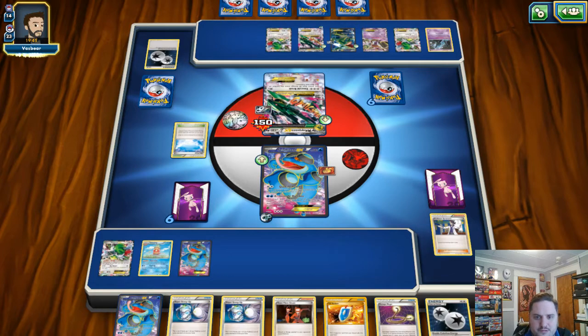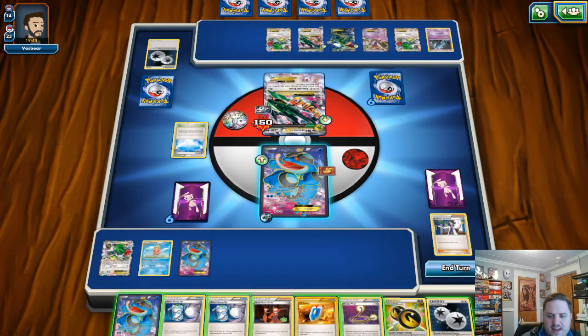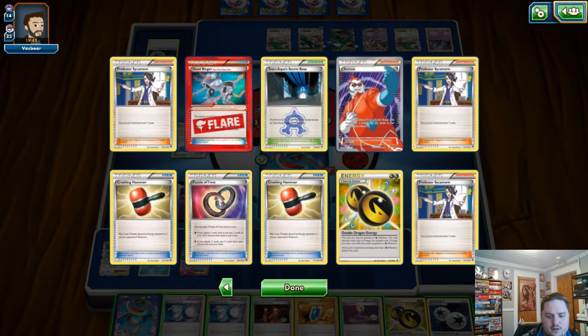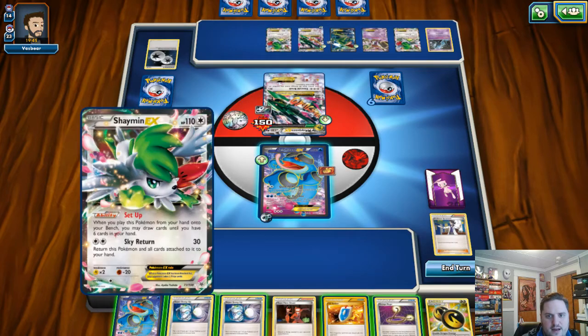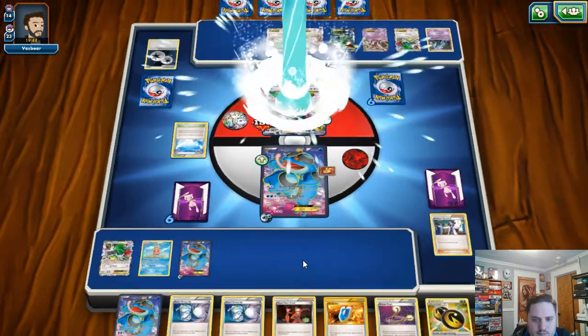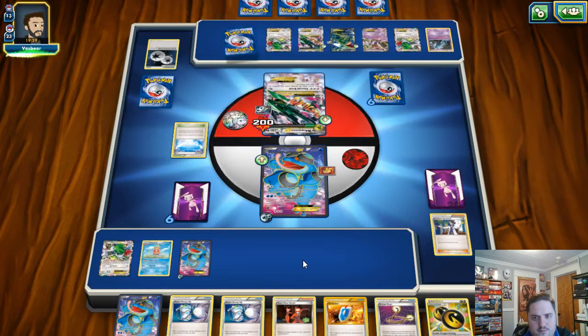Okay. Do we have Lysander in our discard? Because I want to get rid of that energy. No. That's okay. We'll double colorless onto our Toad here, and we will take another Quaking Punch. Yeah, so if we can get rid of that energy...